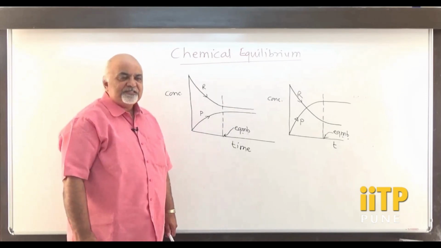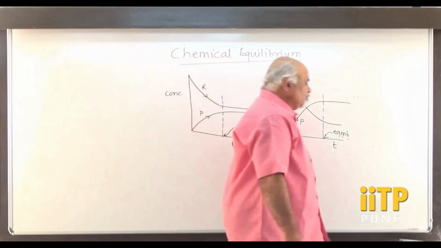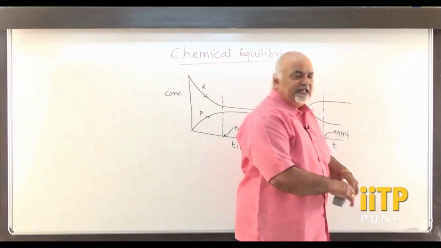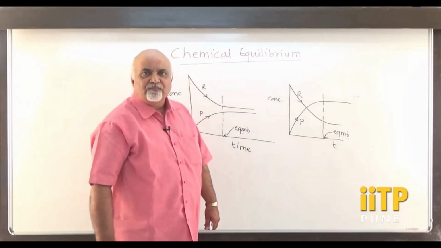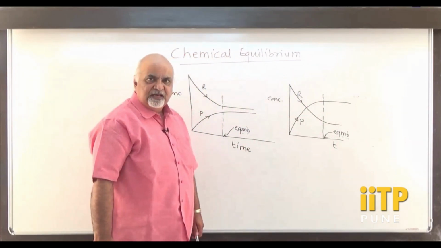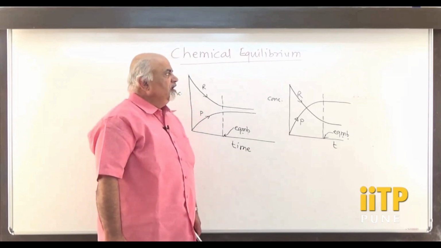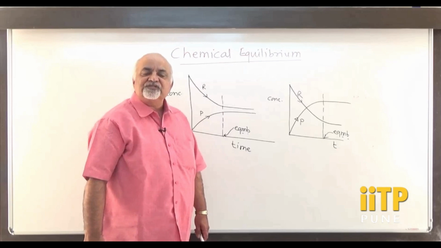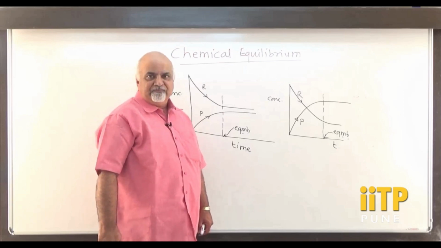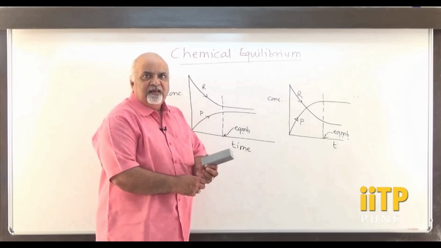Equilibriums are of different types. Chemical equilibrium is a dynamic equilibrium. So a reaction showing reversibility is decided by the nature of the reactant and product, and also decided by the process conditions like pressure, like temperature, like concentration. So definitely these are the factors which are affecting equilibrium. But the reactions are reversible by nature.